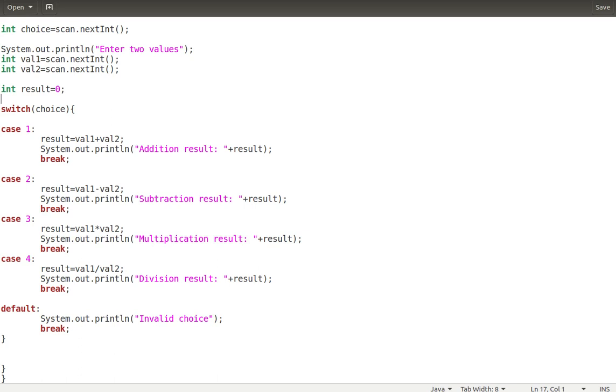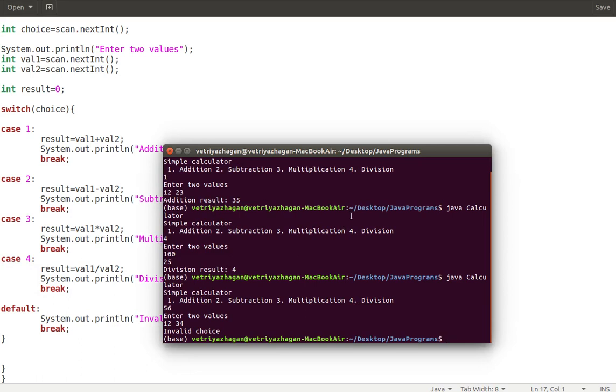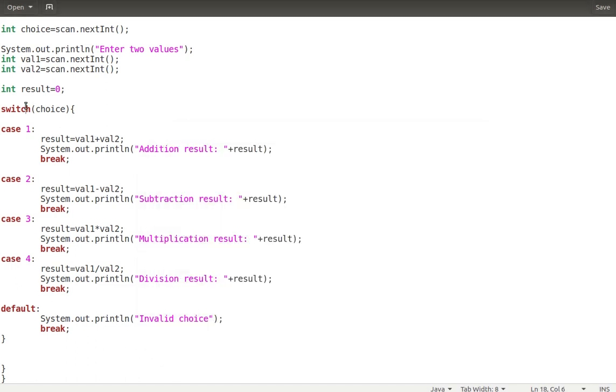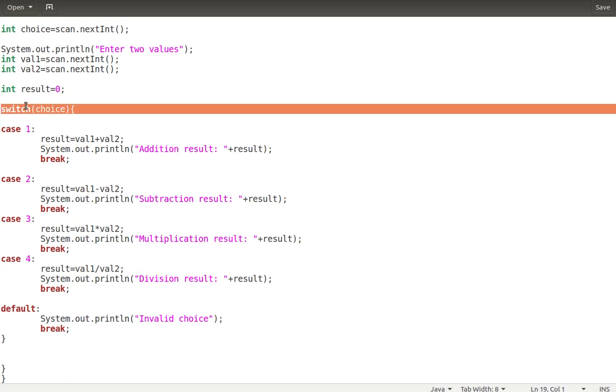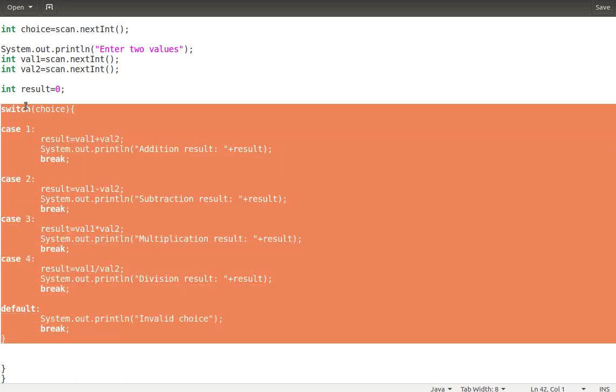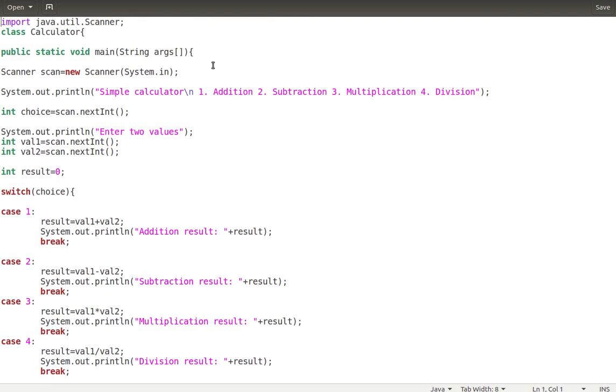If you look at this example here, we ran this Java calculator program just to perform addition. We'll have to run the program again to perform subtraction. We'll have to run the program again to perform multiplication, right? But if you place this section of code within a while loop, you can execute again and again. You can have a choice for termination also. You can have a choice for exit. Here you can give a choice saying 1 2 3 4 are operations, 1 is meant for addition, and you can have 5 as exit. You can try, right? We'll talk about it later.